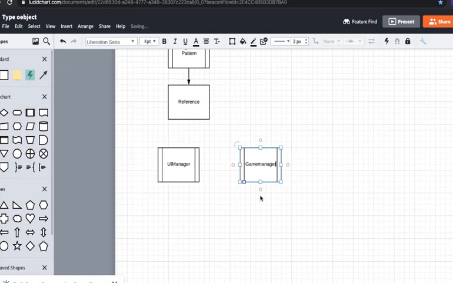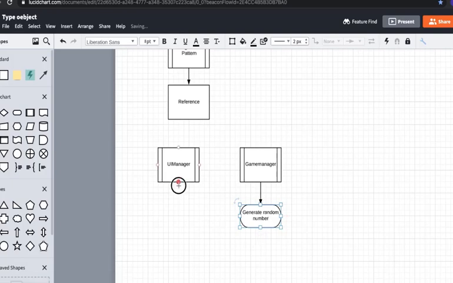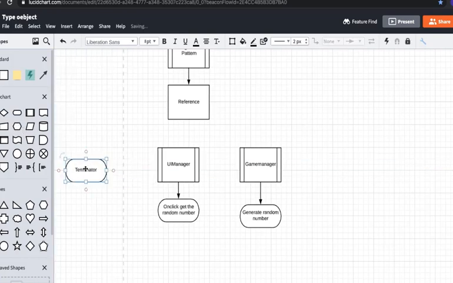The game manager has a property which will generate the random number and pass it to the UI manager, and the UI manager will have a button on click get random number. So when the user presses this button, this function will get called, on click get random number,